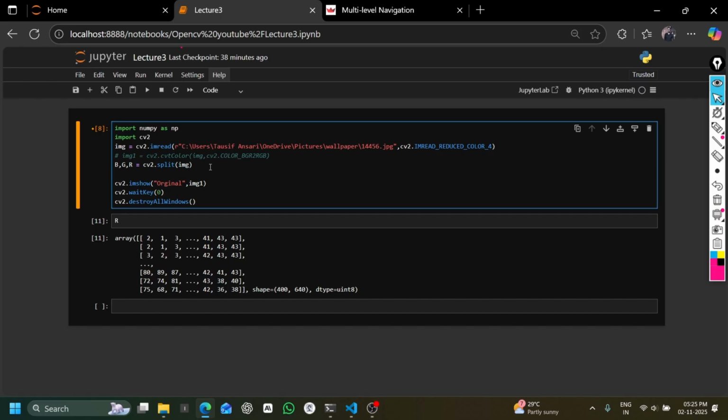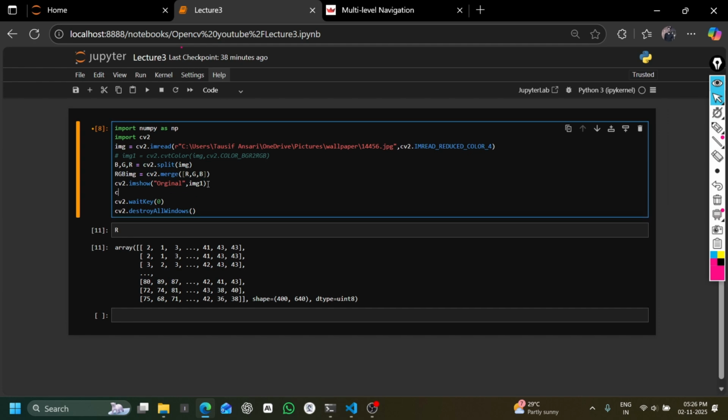To do so, we have a method in cv2 known as cv2.merge, and here we need to pass the arrays in the format you want. I want it to be in RGB, and now it becomes an RGB image. And if you visualize this RGB image,